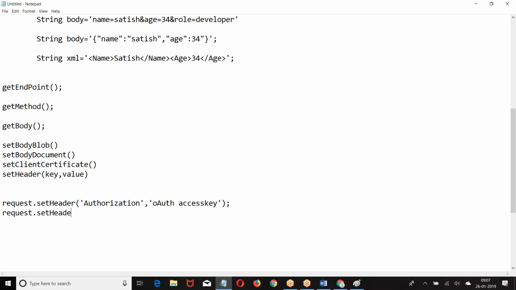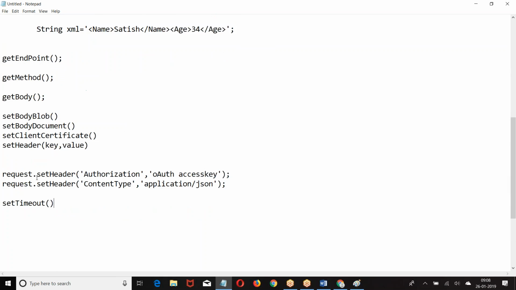Set header. Right? Header elements. You want to set the timeout. It is in milliseconds. Right. Set timeout. So overall, tell me what are the methods we are going to have?